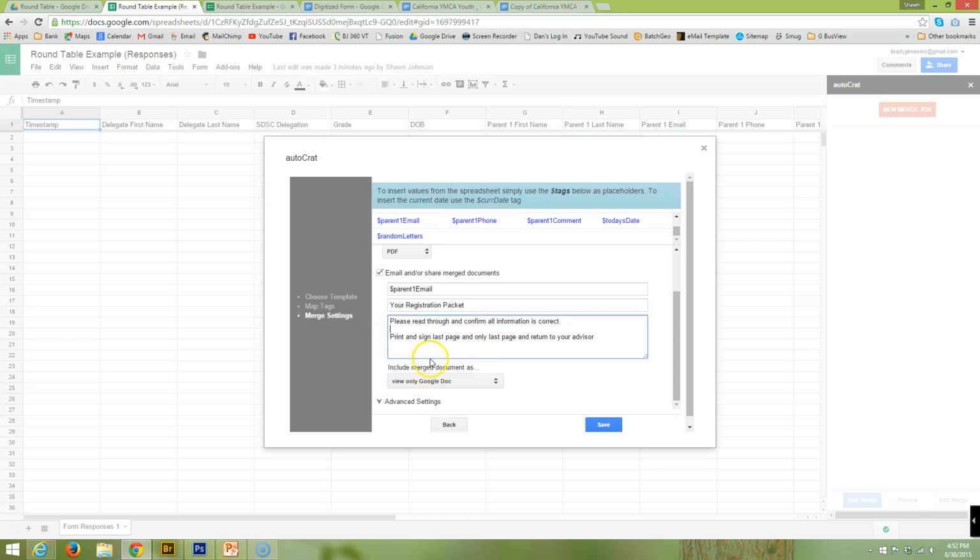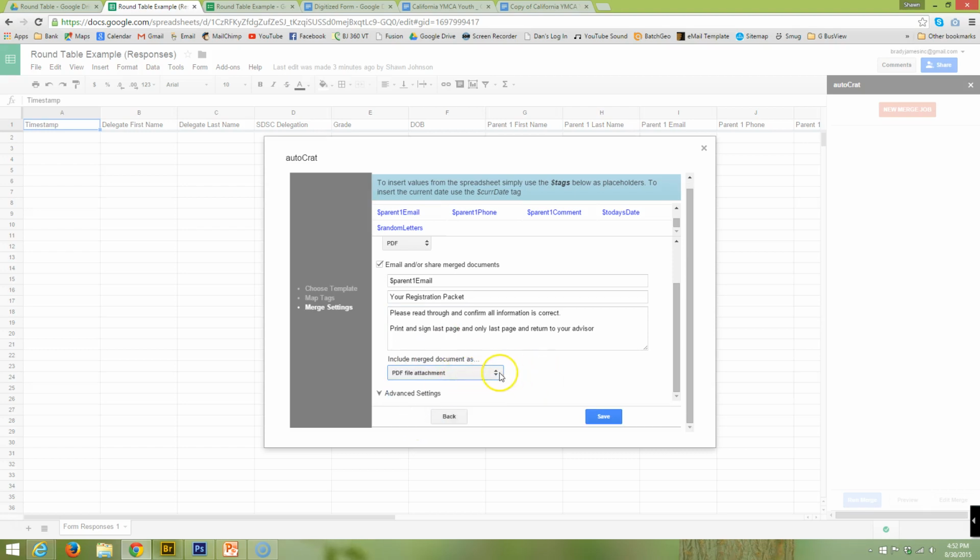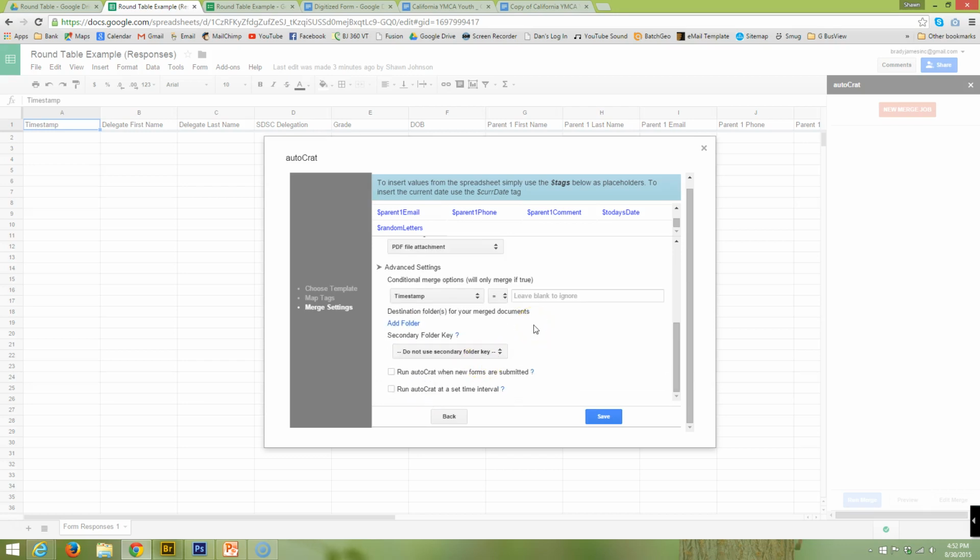And then right below this is what they're going to get. And so what I like to do again is send a PDF file so that it cannot be changed. But there's other things if you want to practice with other things later and get more advanced. So we actually send them a PDF attachment of the registration packet. We're going to go into advanced settings. And I'm going to skip over this for just a second and go to the destination where we're going to